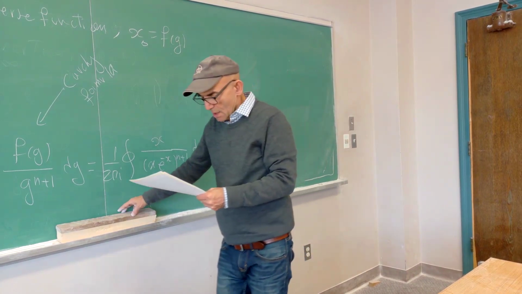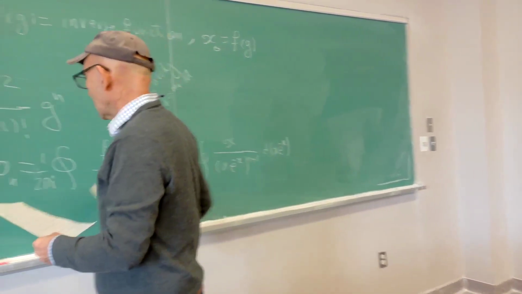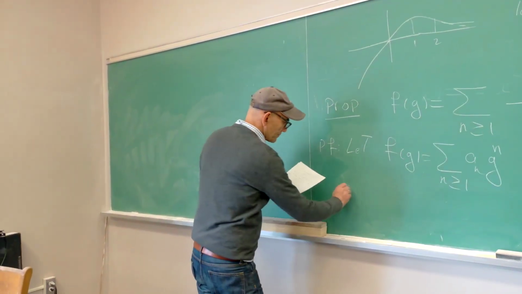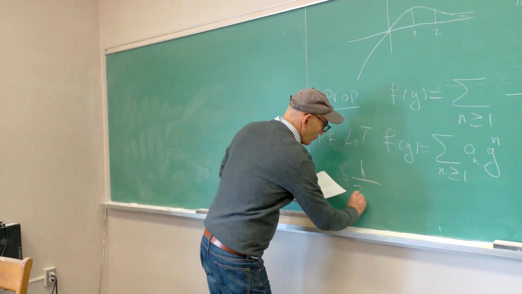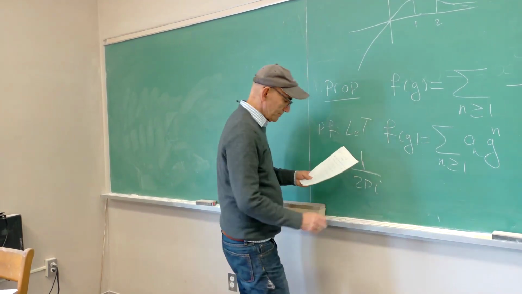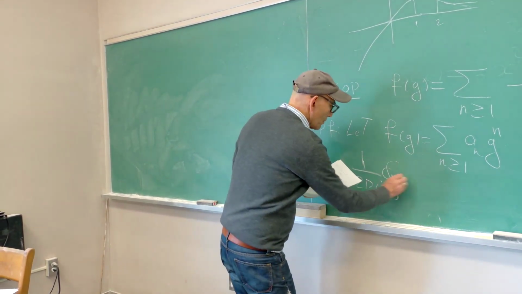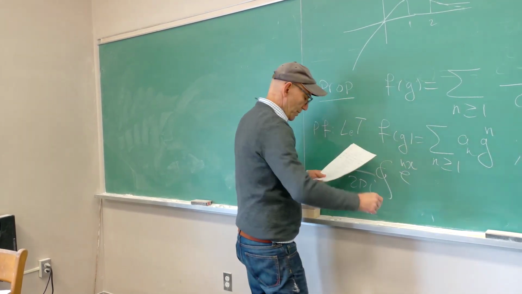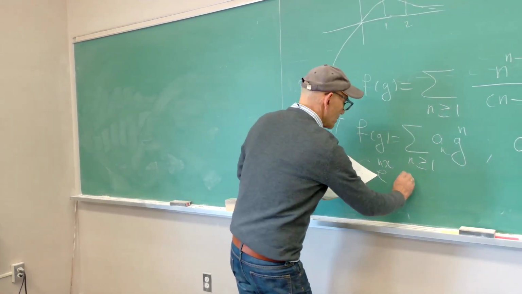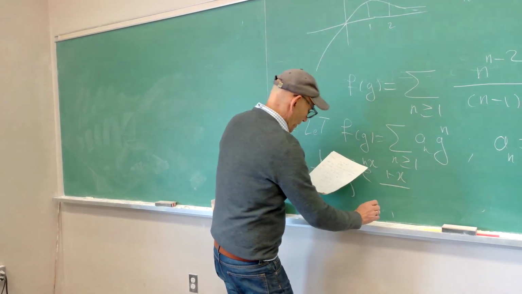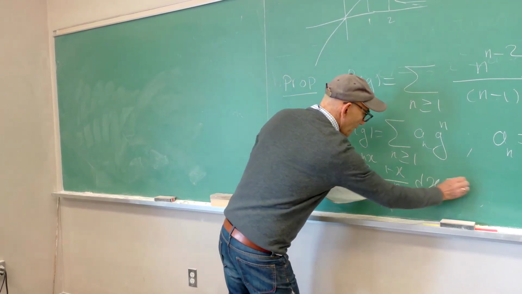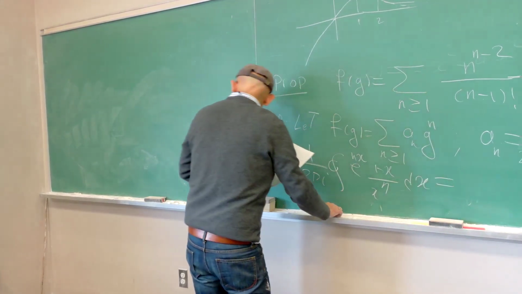So you can evaluate that easily. This turns out to be equal to 1 over 2 pi i, the integral of e to the n x, simplify that, and we get 1 minus x over x to the n, dx, which is equal to